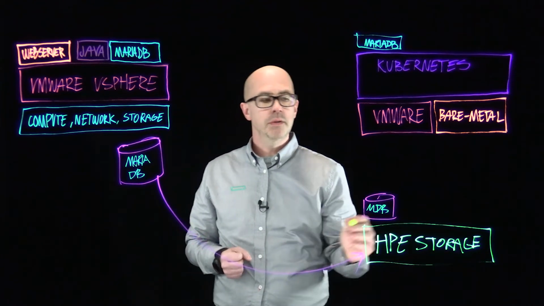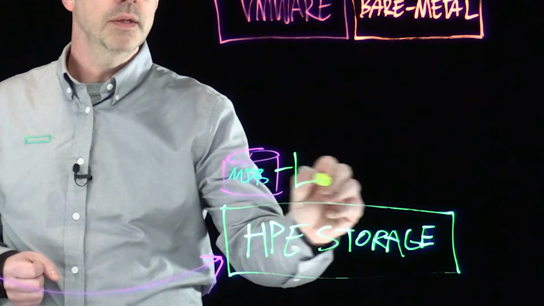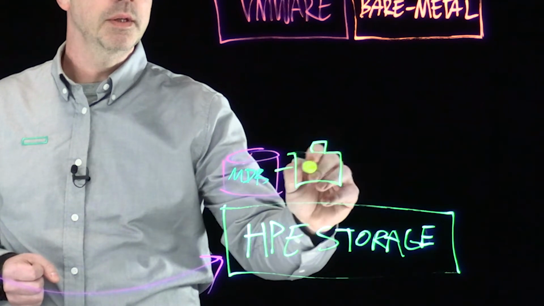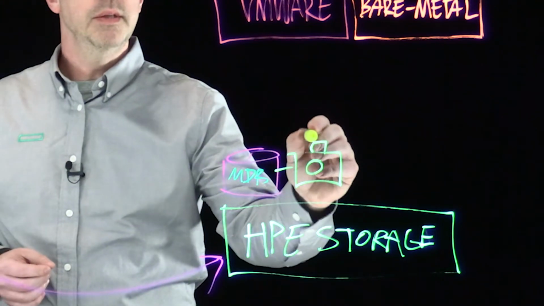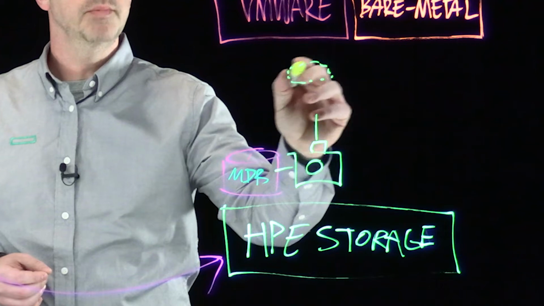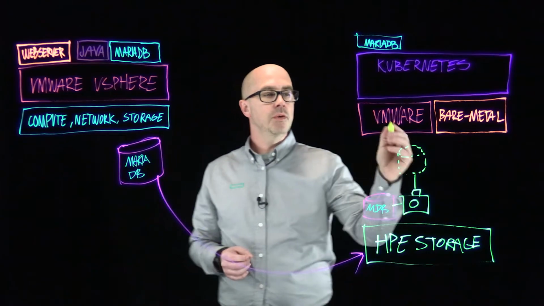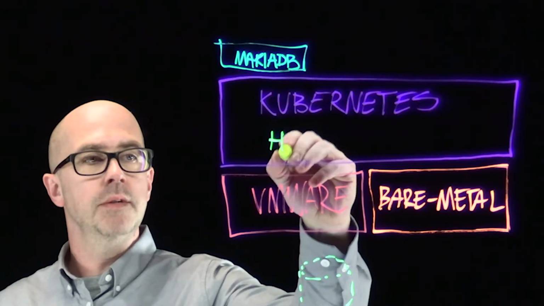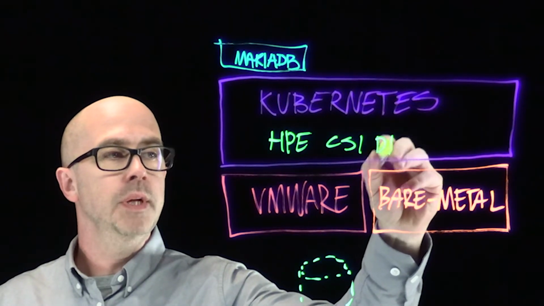But once we have the content on the HPE Storage Array, we can create a couple of cool things on it. So we can create snapshots. And with those snapshots, we can then create zero copy clones of that particular data. And once we have installed the HPE CSI driver into the Kubernetes cluster,